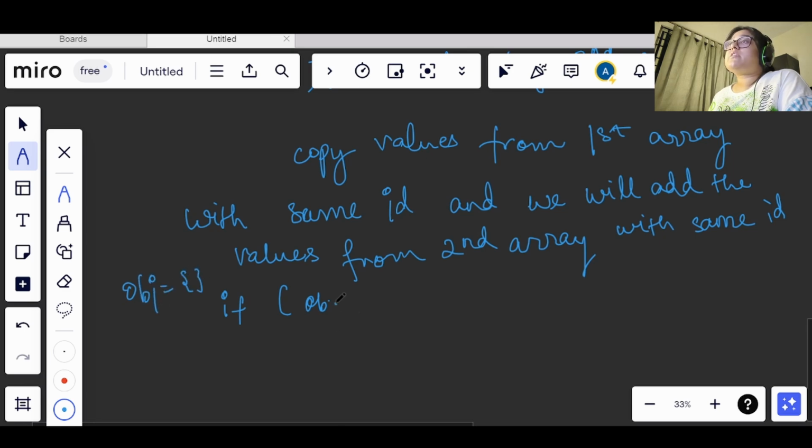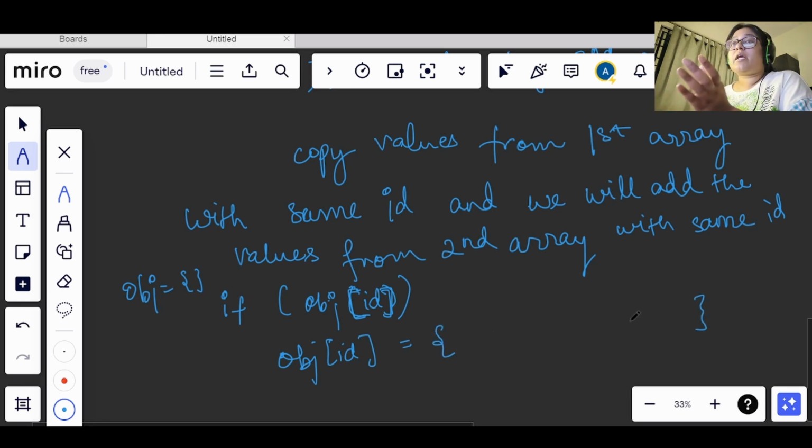Now we will see whether whatever ID we have already exists. If it already exists, then in such cases we will search for that id only, and in that place we will create an object and make a copy of the new id and the previous one.